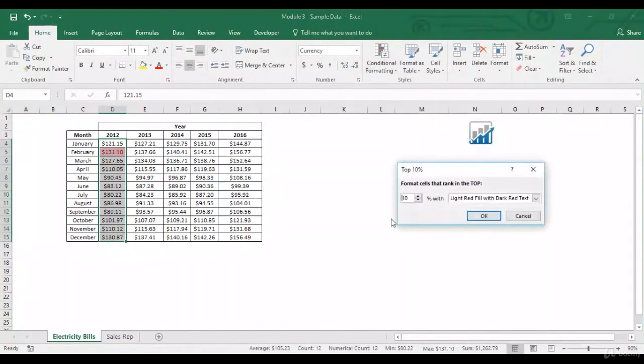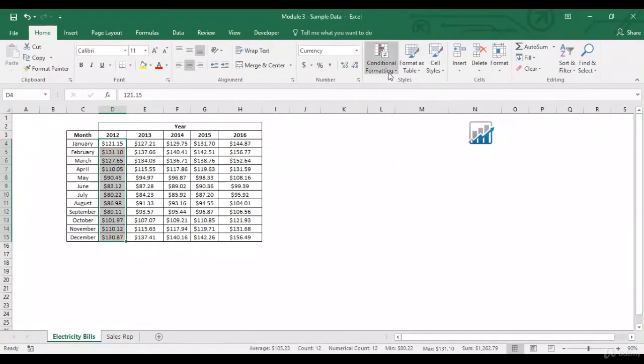Top 10%. So right now, I've got 12 months over here. 10% is around 1.2, so that's why it will just highlight 1. If I do it to 20, so now it will highlight 2. Let's look at the other one.